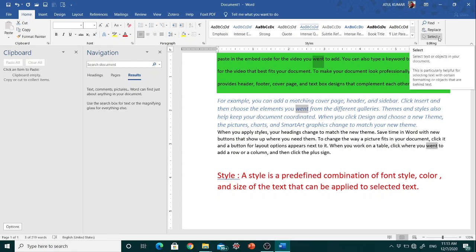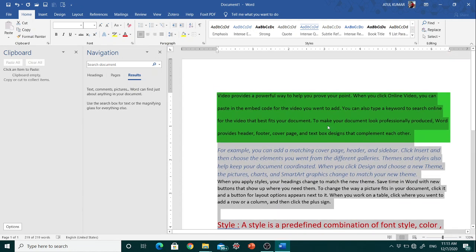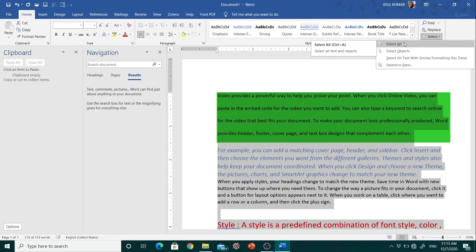Also there is the option of select. Select all means it will select all the text in your document, and the shortcut key for select all is ctrl plus a. So it will select all the text and objects.